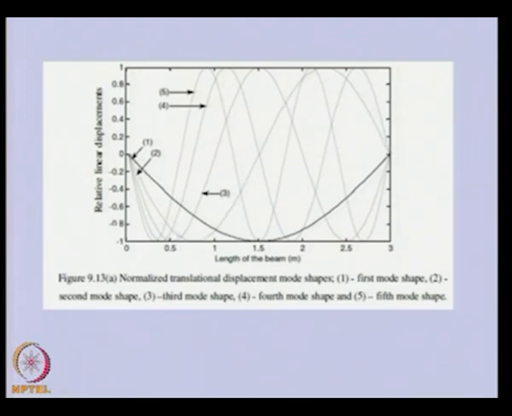Similarly, the third mode will be this one and a half sine. Similarly, 4th and 5th mode shapes can be identified. So here, if we take more number of elements, if we use shape functions, we will be able to get better mode shapes. Basically, you can see this is the 0 line, and the modes are varying between 0 and 1. And if we draw this line, you will see that this line will intersect the mode shapes